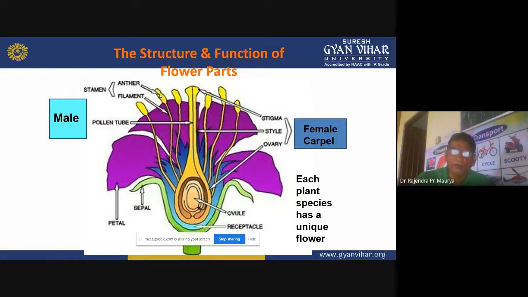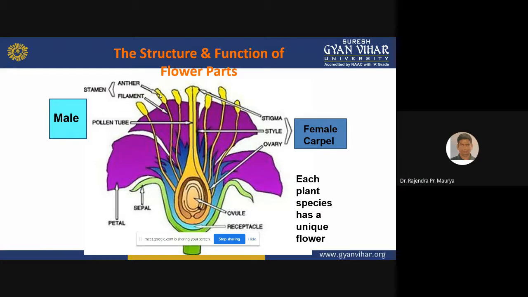So what is important for the stigma? The stigma must be receptive. It means that it should contain the stigmatic fluid. So when pollen grains reach the stigma and the stigma is receptive, containing the stigmatic fluid, those pollen grains germinate, and after germination they grow downwards towards the ovary. So this makes a long tube-like structure, and that's why it is known as the pollen tube.